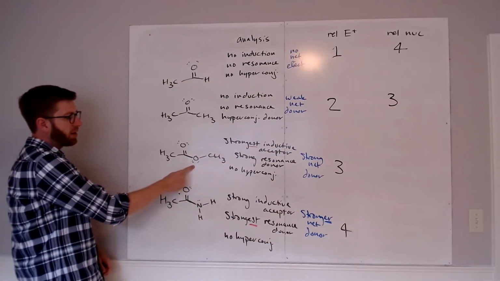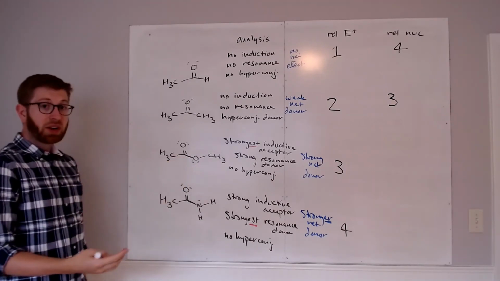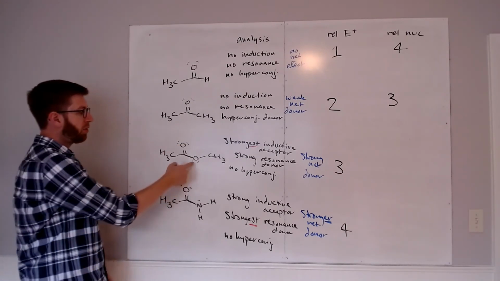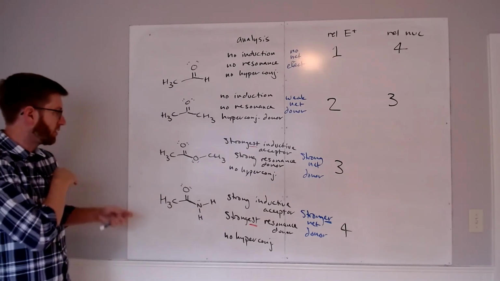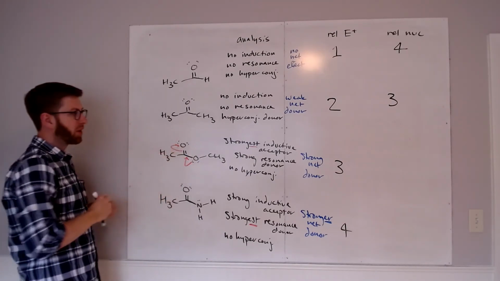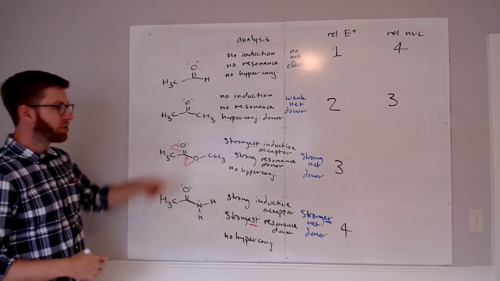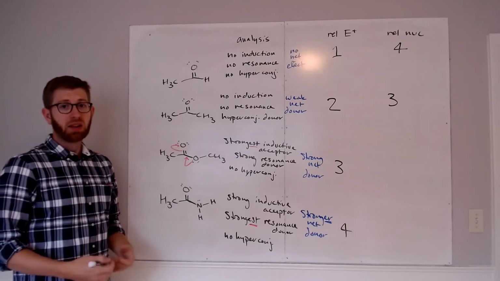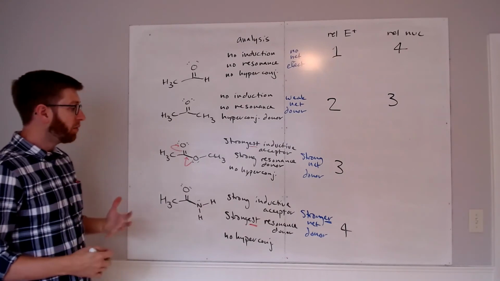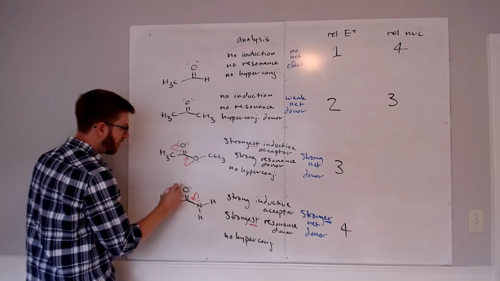Now we're starting to get some significant donation of electron density into this carbon center, right? We have actually seen resonance structures already that have an O- in them from the lone pair being donated from oxygen. So that would correspond to those kinds of arrows, right? You see how we're moving electrons onto the oxygen here? So now our oxygen is starting to get relatively electron rich, which makes it a better nucleophile than some of these other cases. But we know that that same effect happens for our nitrogen in the amide,